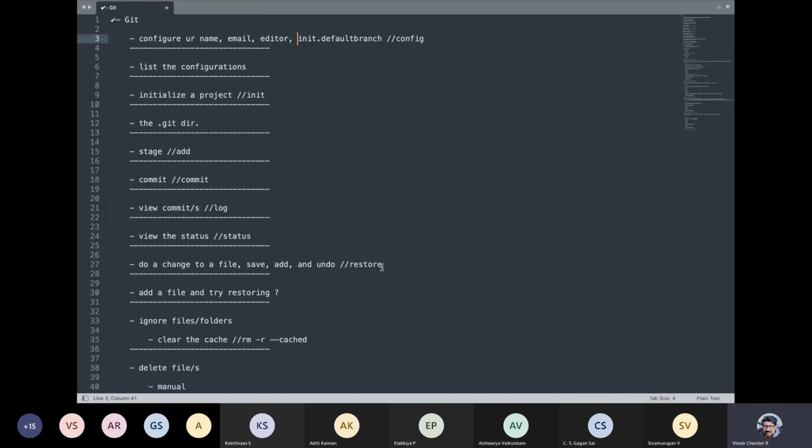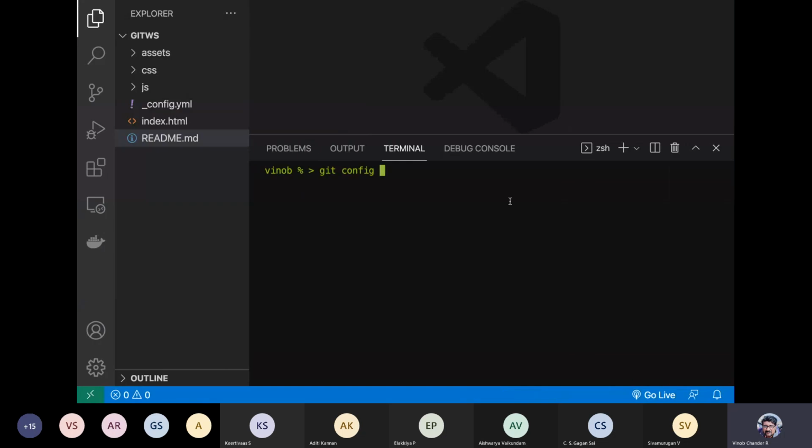So let us do that. You say git config --global init.defaultBranch, and then you specify a branch name, main or trunk. Let me just say main, right? Whatever name you want to give rather than master. So if you are using an older version of Git, by default, when you do a git init, you get master as the name of the default branch. But again, you can make use of this idea of configuring your branch with a different branch name.